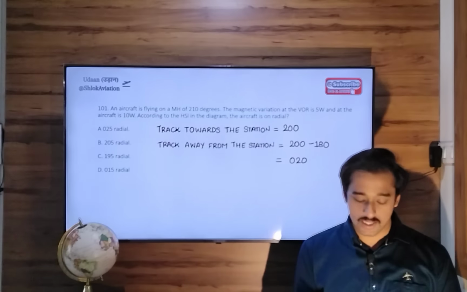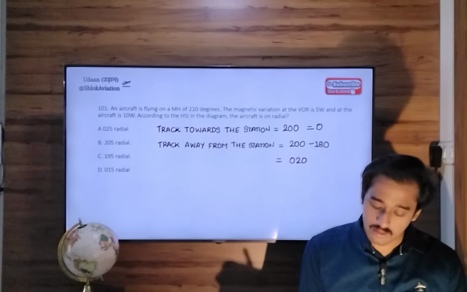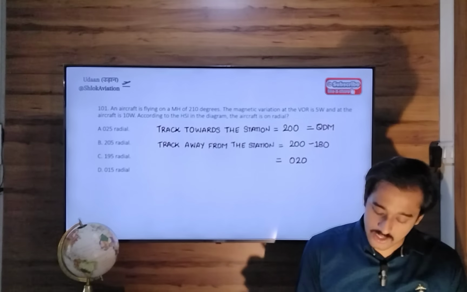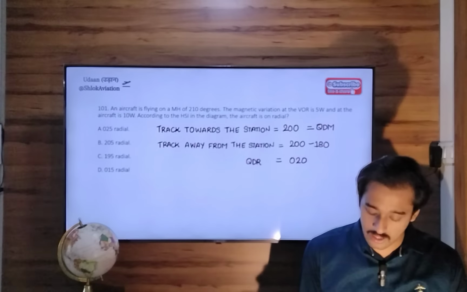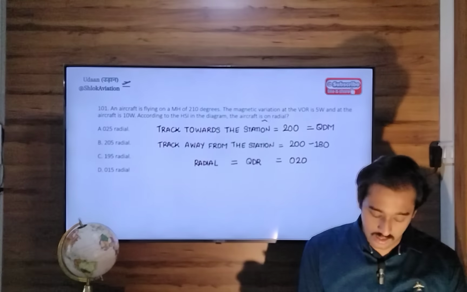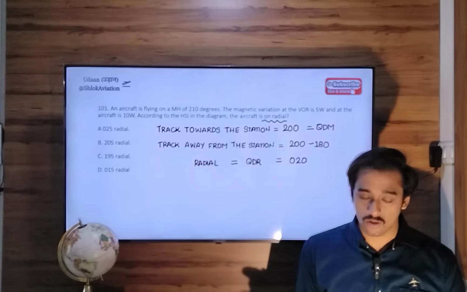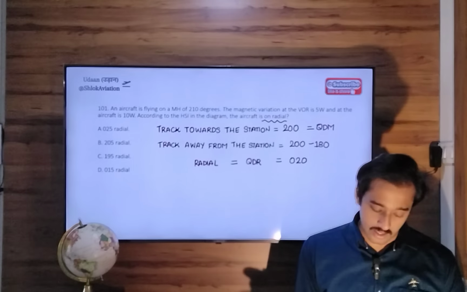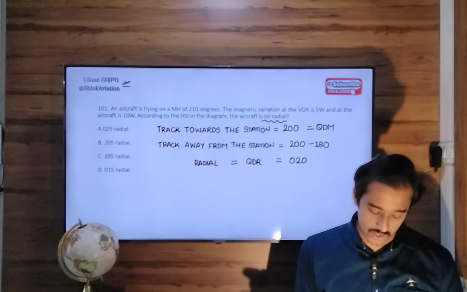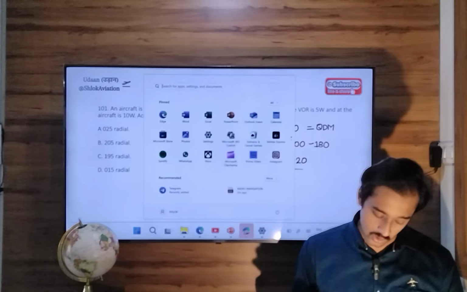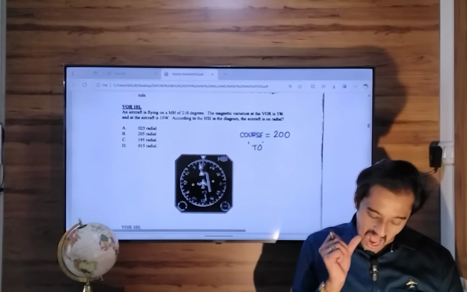So now track towards the station is your QDM. All HSI readings will be magnetic. Track away from the station is your QDR. Now QDR is also nothing but your radial. So that means you are situated on radial 020. Okay. And variation at VOR is 5 degree west, and at aircraft it is 10 degree west. The aircraft is on what radial? It should be on radial 020, and